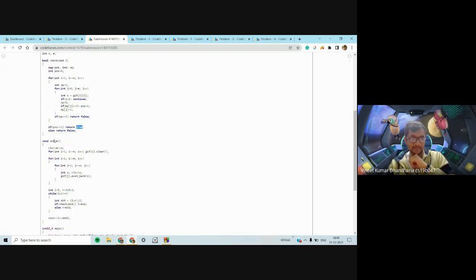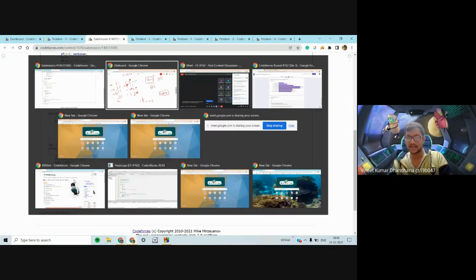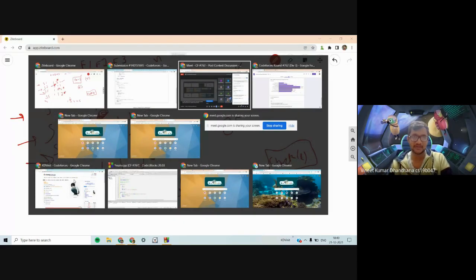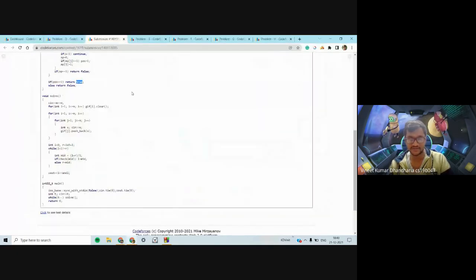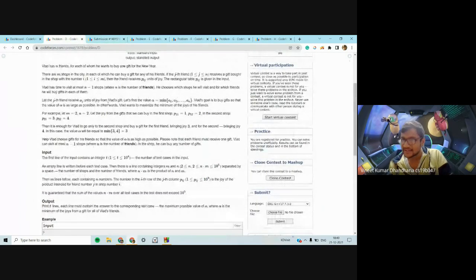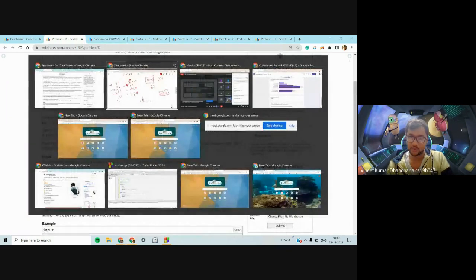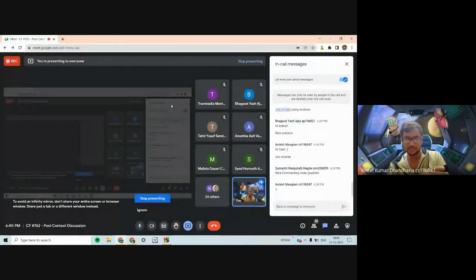And this way you can implement the check function, and thus you can find out the maximum L using which you can get all your friends happy with just choosing n minus 1 shops. So I guess that was a bit long explanation, but I hope it's clear. Do you guys have any queries in any part? I guess it was a bit quick, so you might have some queries, so feel free to ask.